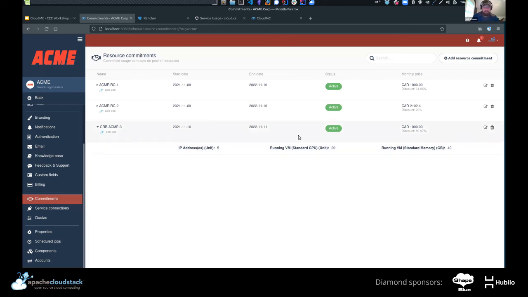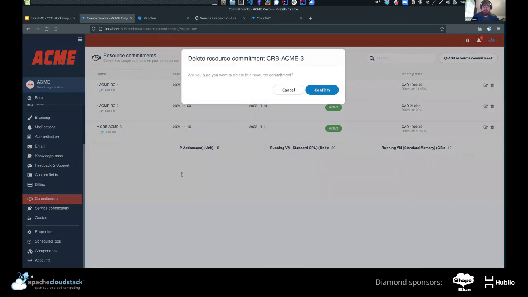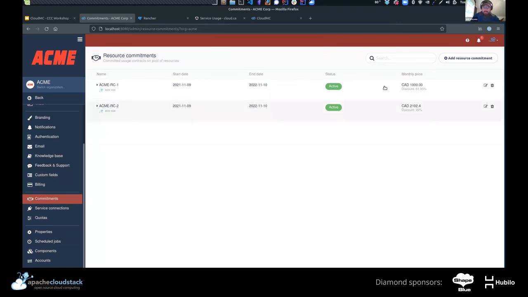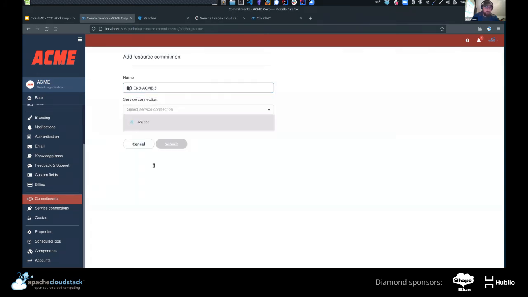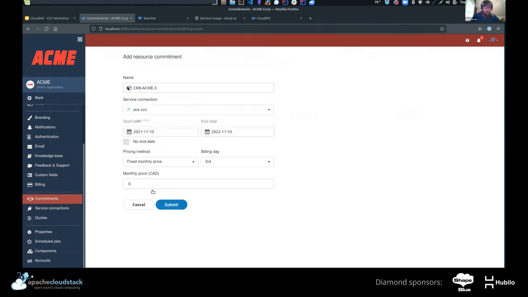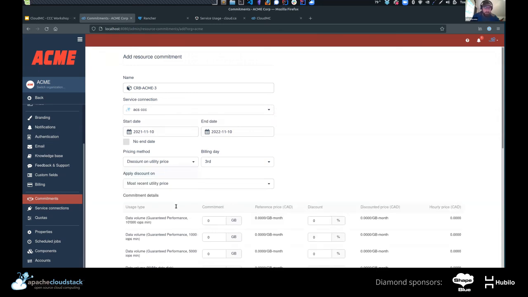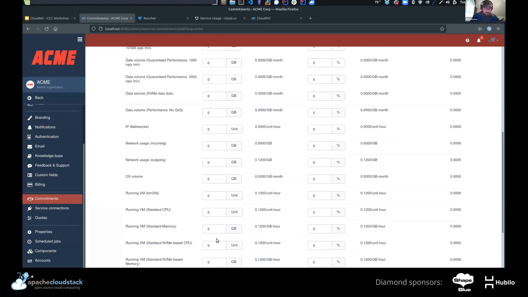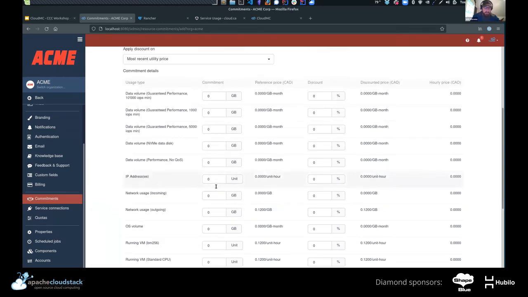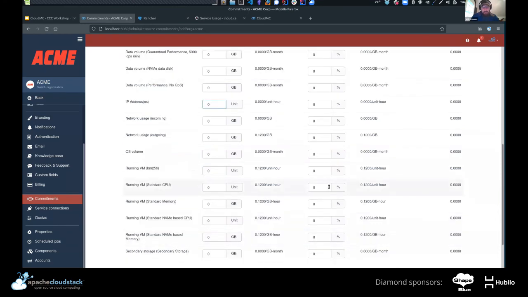You can delete anything that you create here. I only showed you one type of this, so let me just show you the other one real quick. That was the fixed monthly price one. You also have a discount option where you can basically say, let me use one that has pricing associated with it, for 20 of these, we're going to give a 40% discount. And then it recalculates.